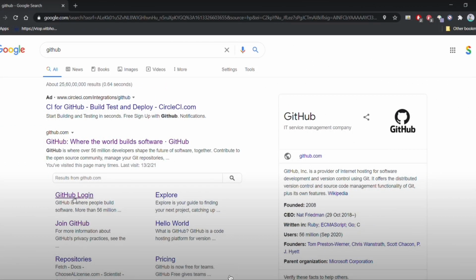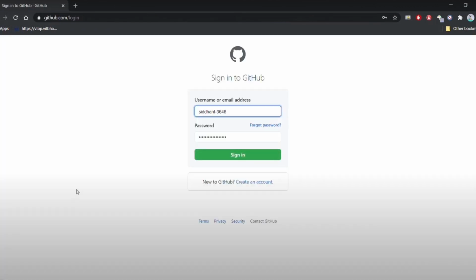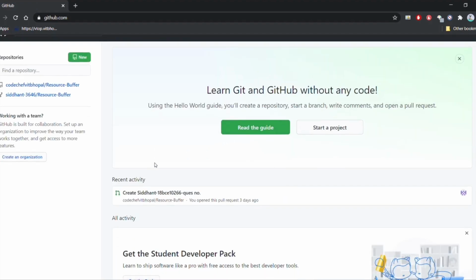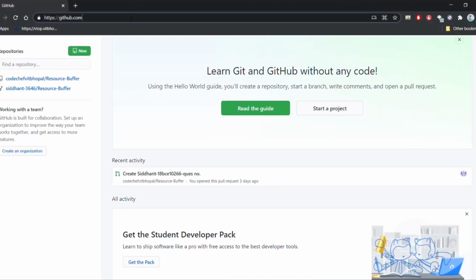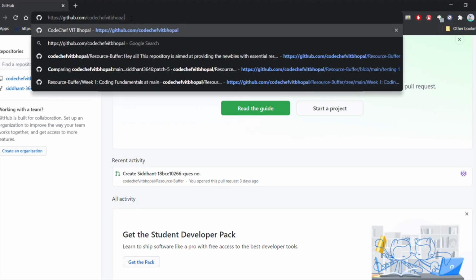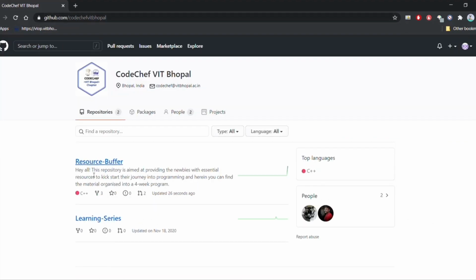Hello coders, so this is a tutorial to get you to submit your solutions on our GitHub repository which Siddhant Bhaiya has so selflessly provided. So you can here sign into your GitHub profile and then head over to the CodeShare VIT Bhopal